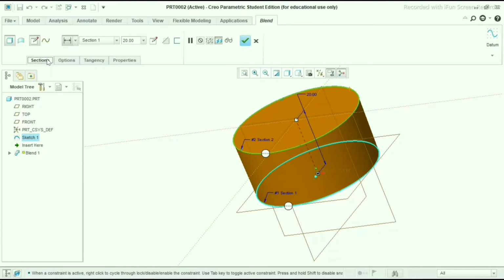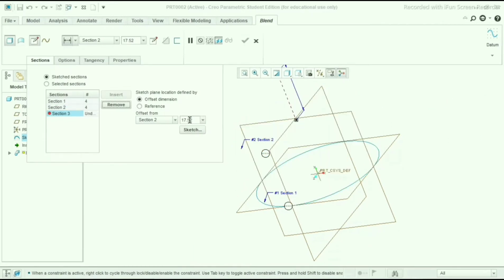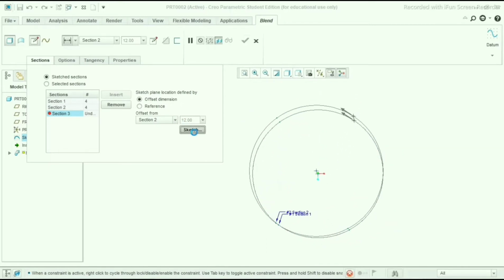So again go to section, select insert, and this time make it 12 mm height, sketch.